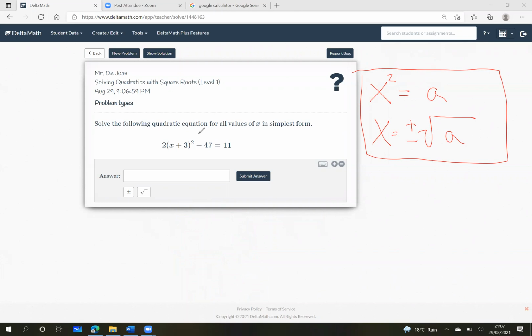So here we're going to need to move all the numbers over. Plus 47, plus 47. 11 plus 47 gives us 58. So now we have 2 brackets x plus 3, close bracket squared, equals 47 plus 11, 58. Now we're going to divide both sides by 2. That's going to give us